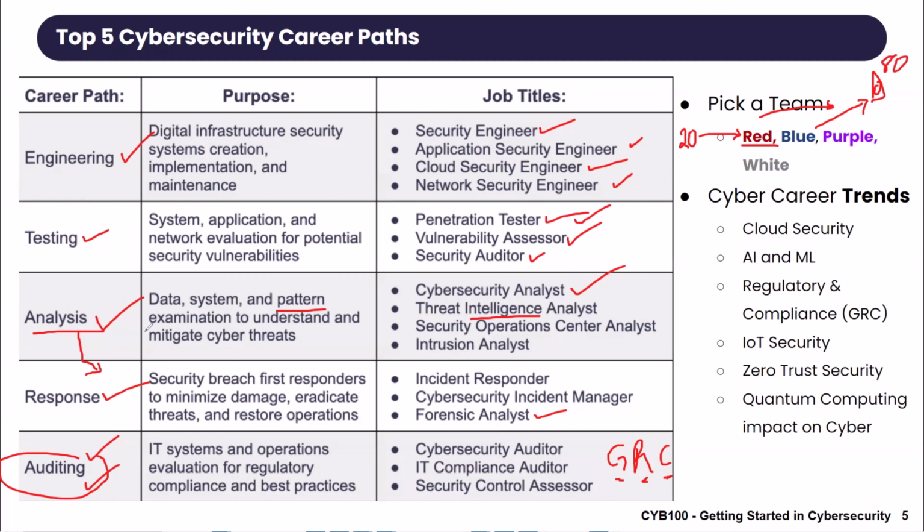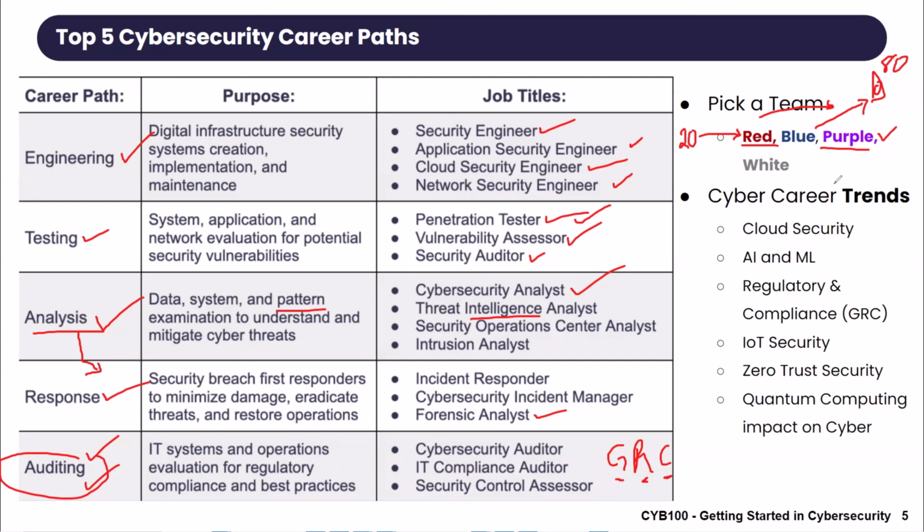You can also become purple. You're like, oh, who the heck is purple? Well, a purple teamer is somebody who knows a little bit of red, a little bit of blue. These people are really valuable for small companies because once you specialize into blue or red, you become really good at one, and they have to pay you a lot of money. But if you're just getting started, you might be part of that purple teamer, somebody who knows a little bit of blue, a little bit of red.